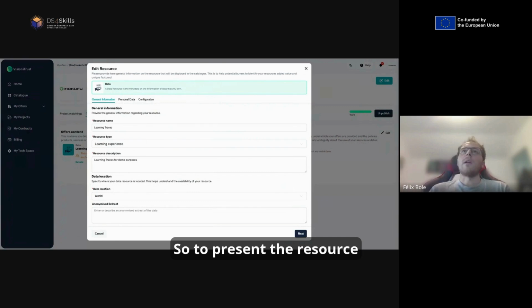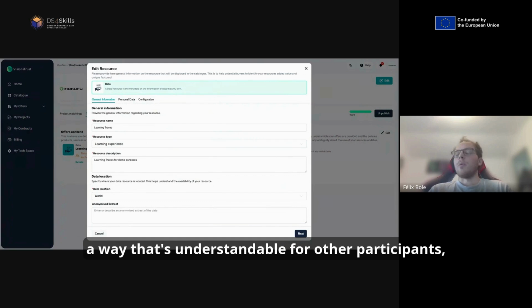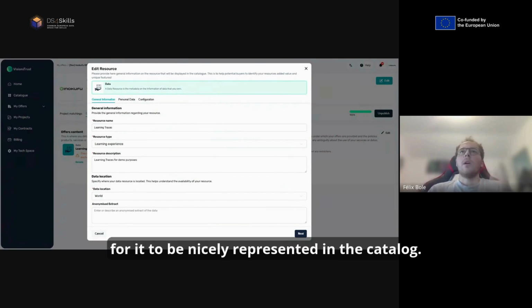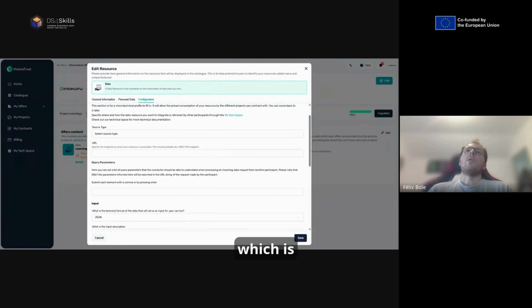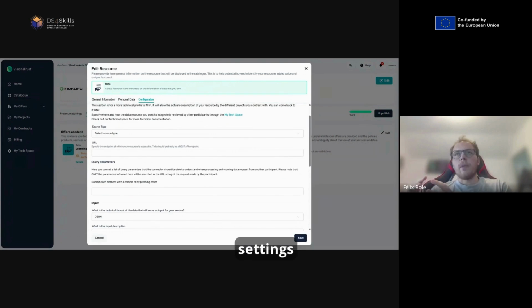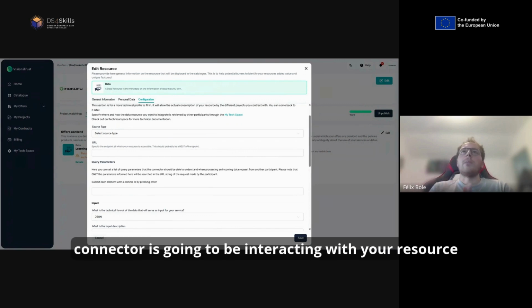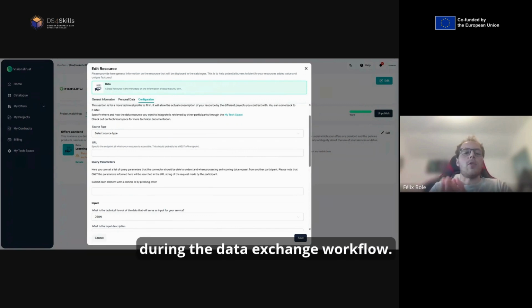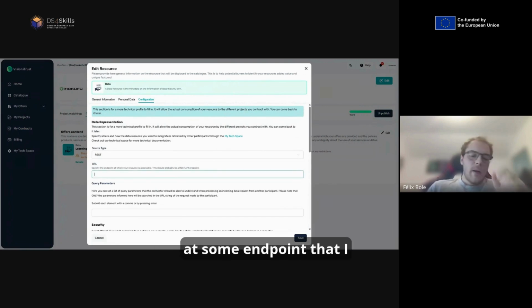So to present the resource in a way that's understandable for other participants, for it to be nicely represented in the catalog. But you also have a configuration tab, which is where you're going to be configuring the settings and the parameters for how your connector is going to be interacting with your resource during the data exchange workflow. So specifically for this data set, I can say that it's going to be using a REST API